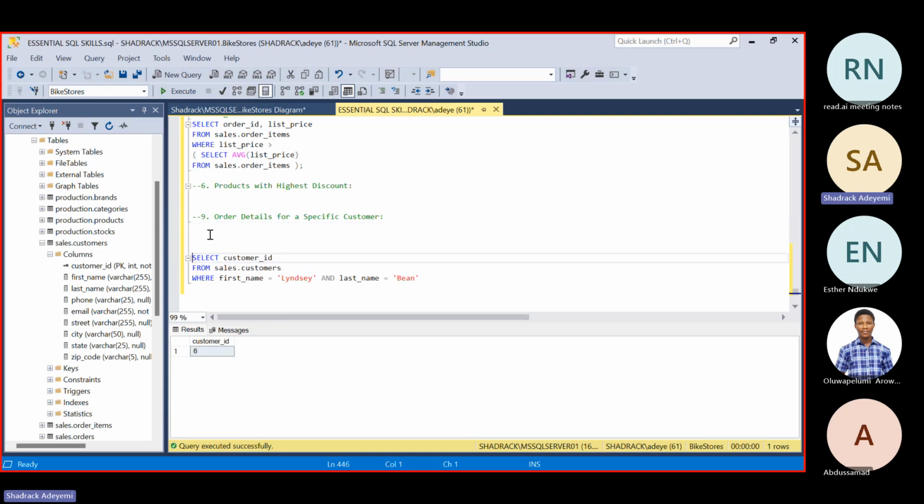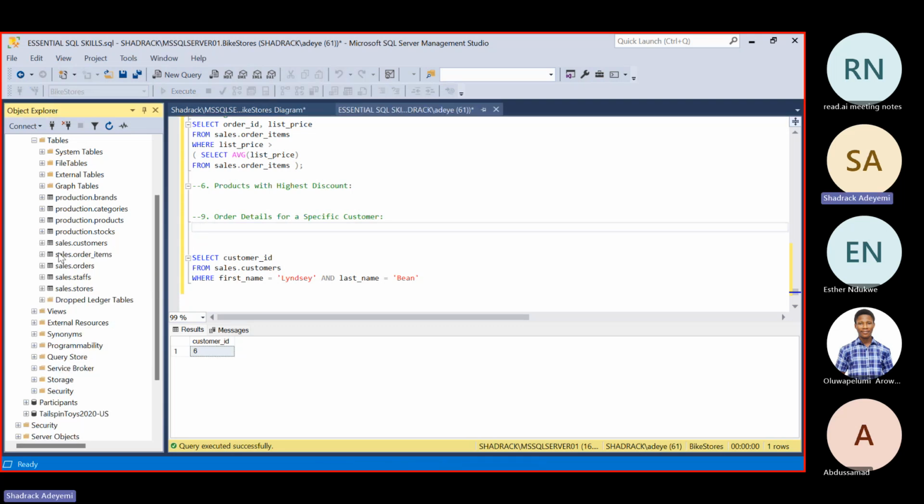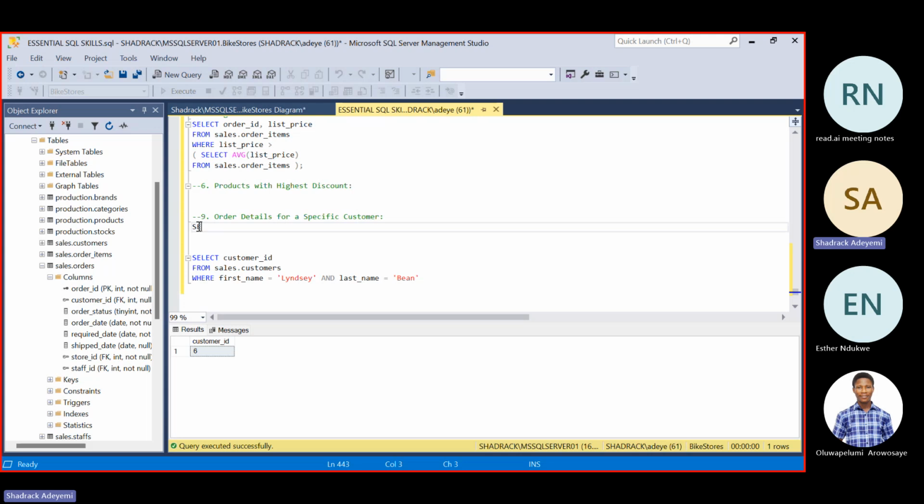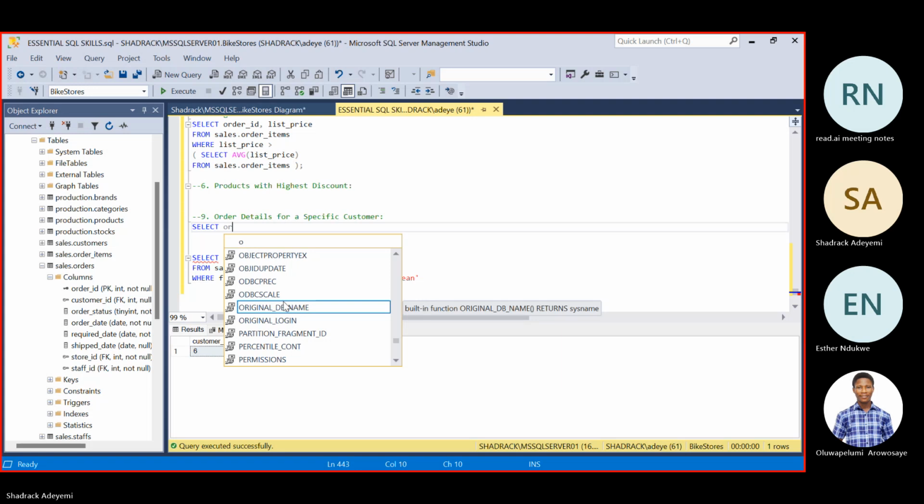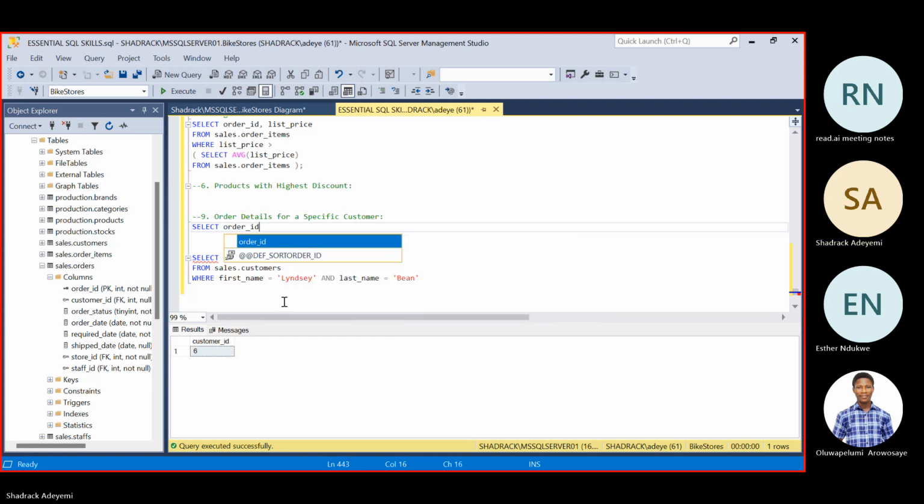So that means we'll keep this aside somewhere, but we have it at the back of our mind that we're about to equate this to another table. To do that, we're going to say orders information is being specified in the orders table. And from here, we know the customer ID. So we know the customer ID of this Lindsay is 6. So we can just say, okay, give us information for the orders. There's like order ID and maybe some other things in the order.